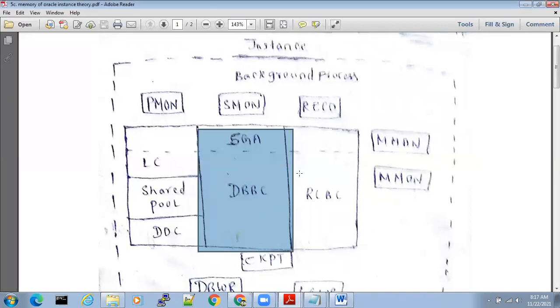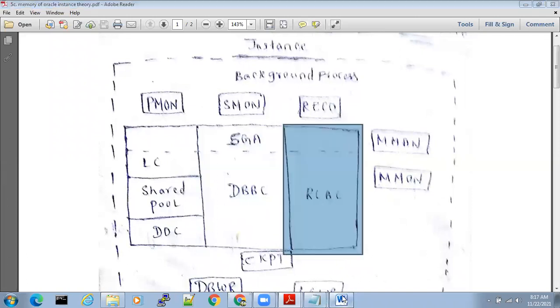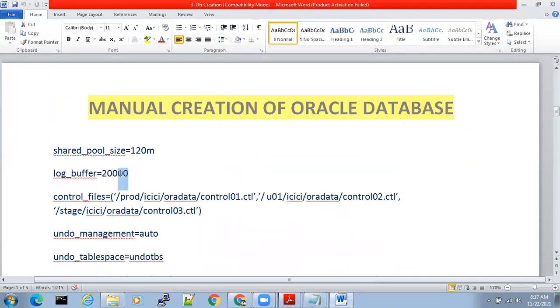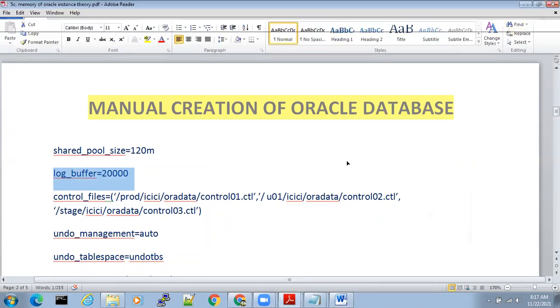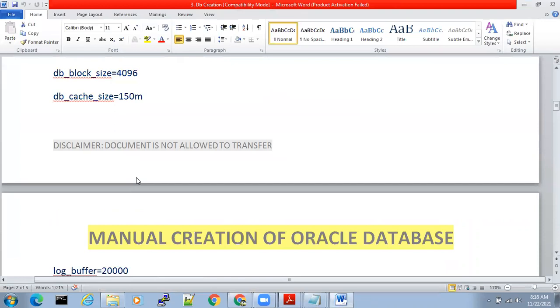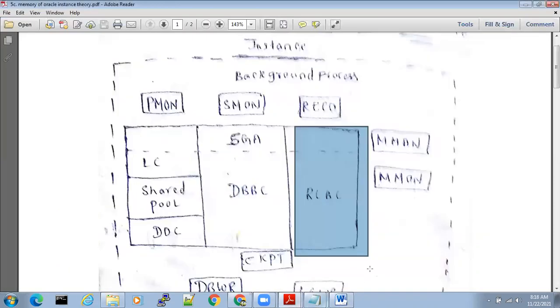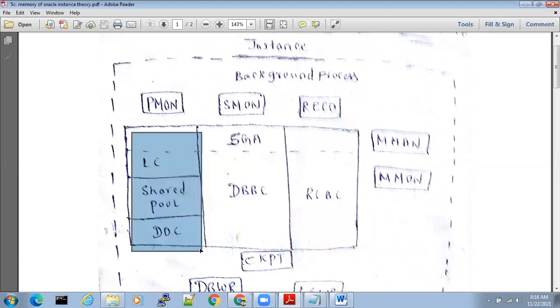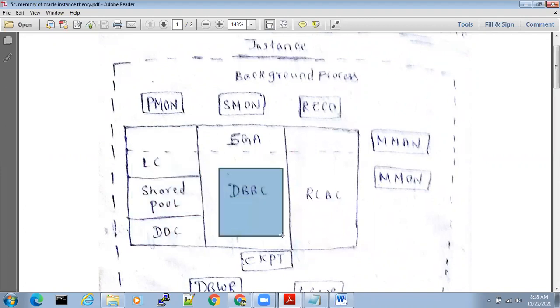You are defining. Yes or no? Yes, sir. Next, what is this, the redo log buffer cache? So at the time of database creation, you define log_buffer, redo log buffer, equal to 20,000, means 200 MB. It has to be 200 MB. So you are defining a value. Yes or no? Yes, sir. Means at the time of writing parameters, we as a DBA are defining how much size the shared pool should be, how much size the database buffer cache should be, and how much size the redo log buffer cache should be. You are defining them with individual parameters.